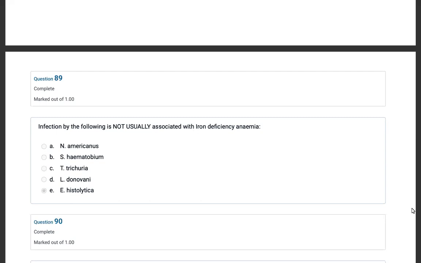But for D, I've not found anywhere mentioning that leishmania is going to be related with iron deficiency because you're not losing blood. What leishmania mainly does is that there is suppression of either the bone marrow or, number two, you can have the splenomegaly leading to this pooling of blood and the culling effect, and all that leading to a decrease of the red blood cells. So for me, I'll go with D, knowing that leishmania does not necessarily lead to an iron deficiency. So I'll go with